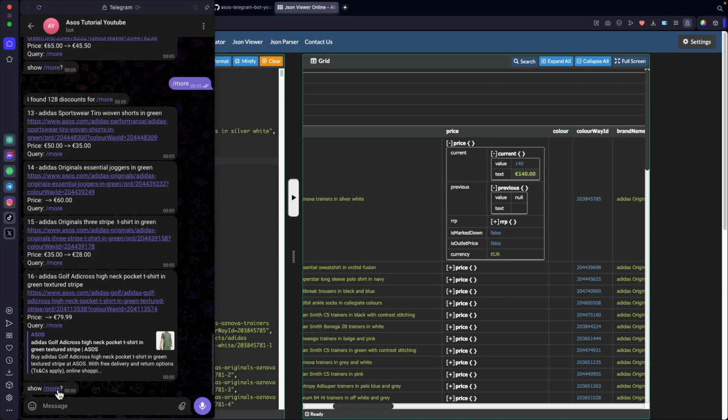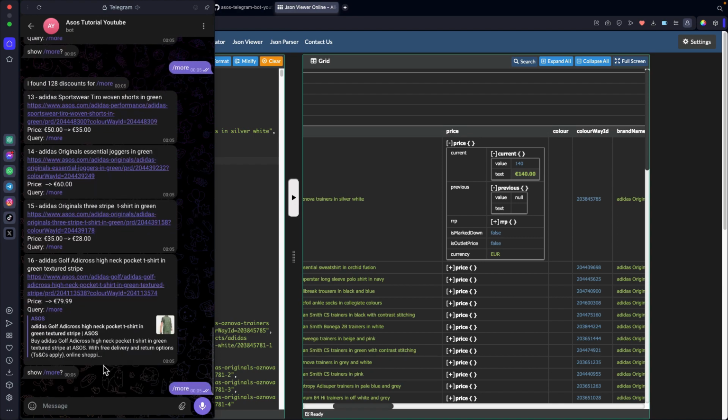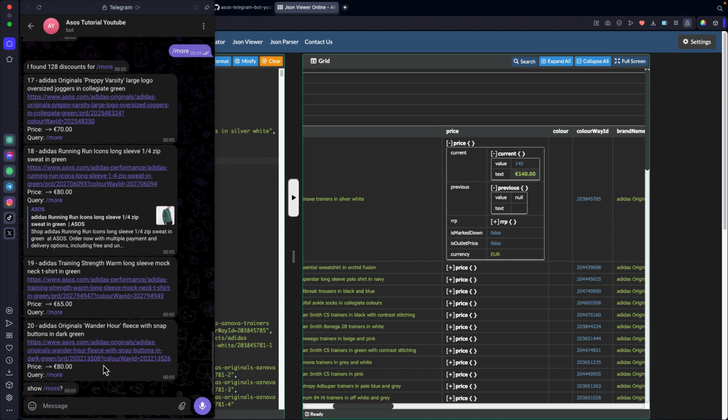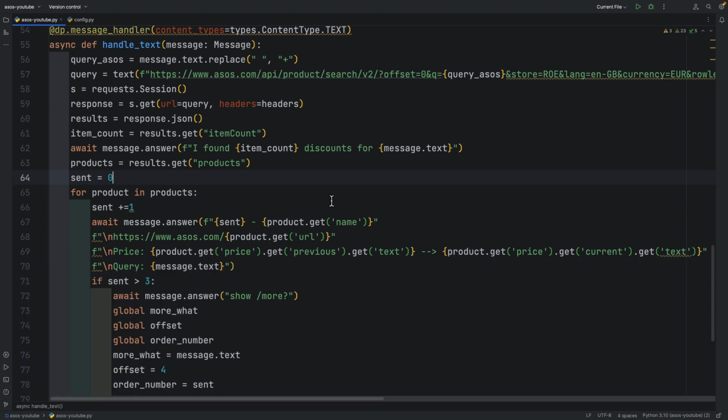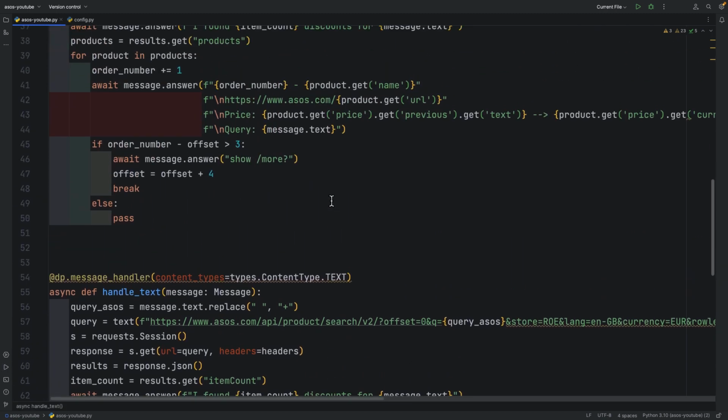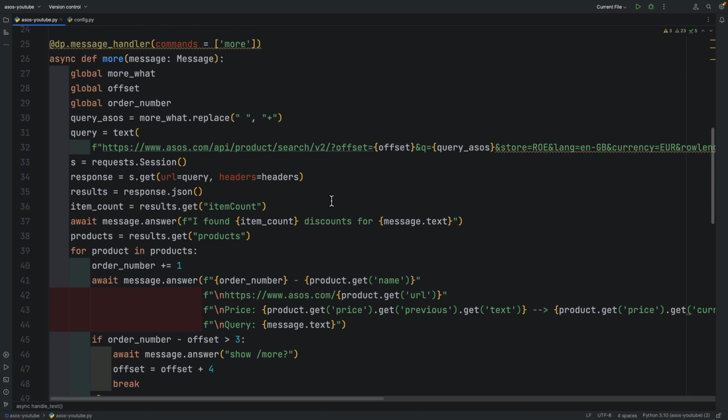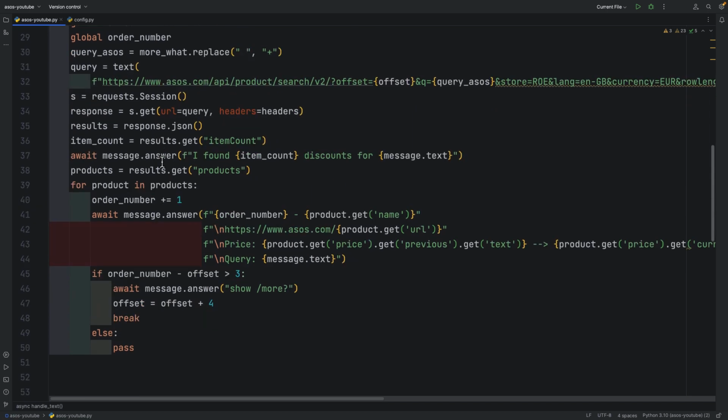But you know what? Since our more function performs the same actions but with an offset value plus 4, let's simplify our code even more. When a user searches for something, we will just use the more function with an offset value of 0.